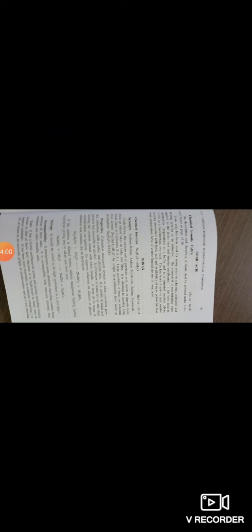Next is boric acid. Boric acid is H3BO3. It's mainly used in solutions, ointments, and dusting powder as an antiseptic with non-irritating properties. Also in ophthalmic preparations, mainly as a buffer or in eye washes. Next, borax.